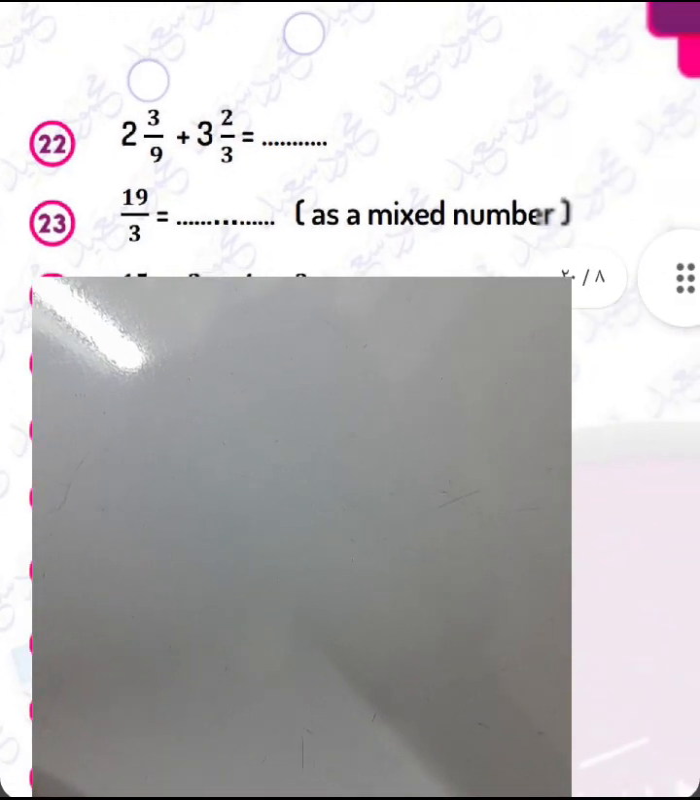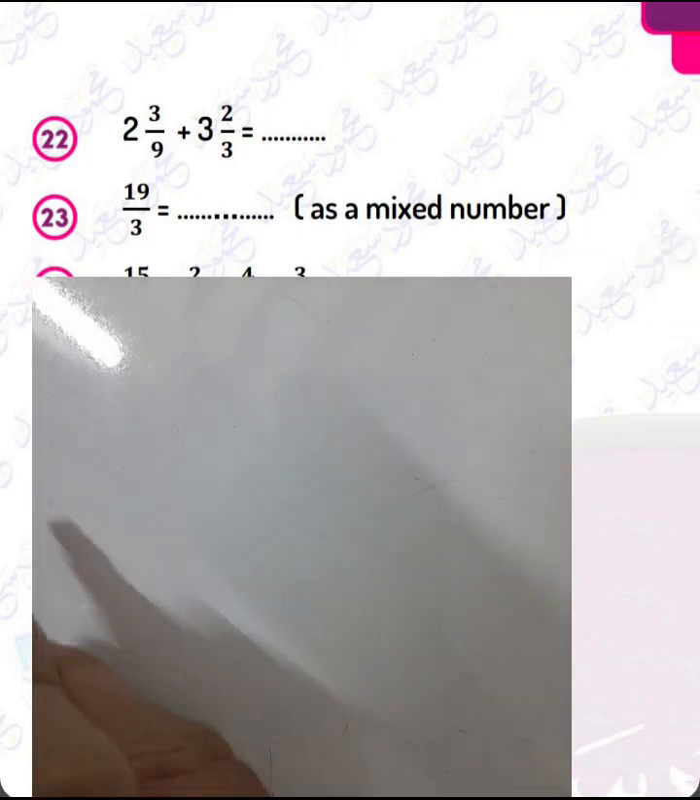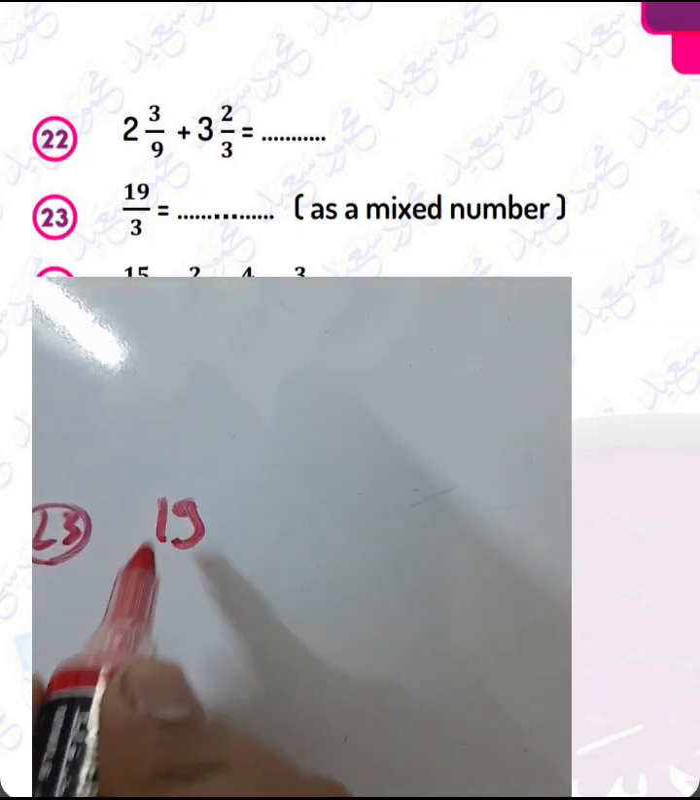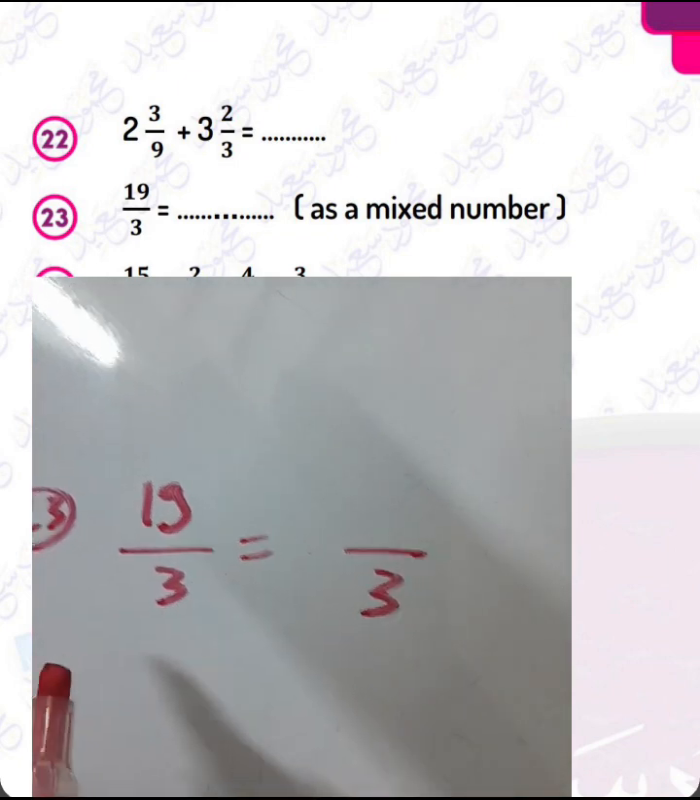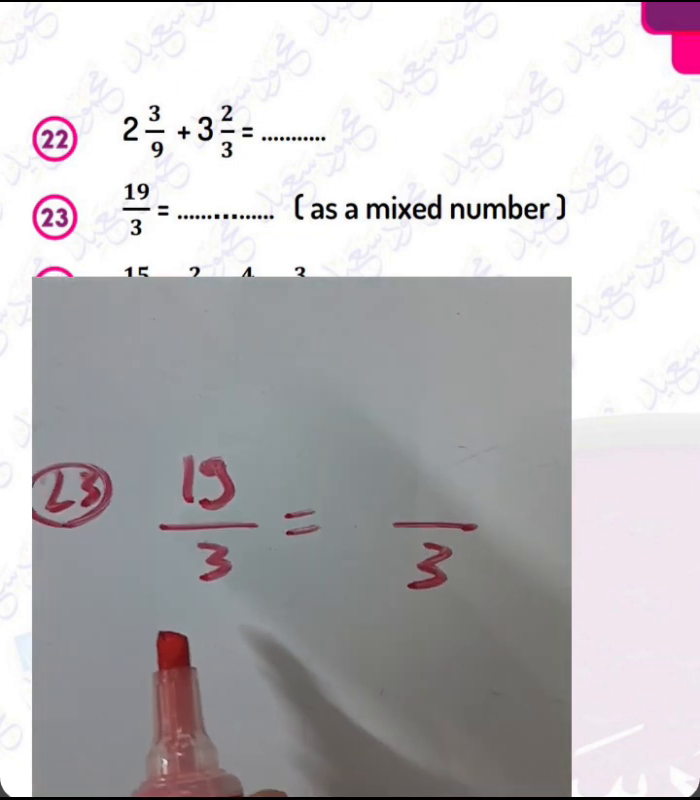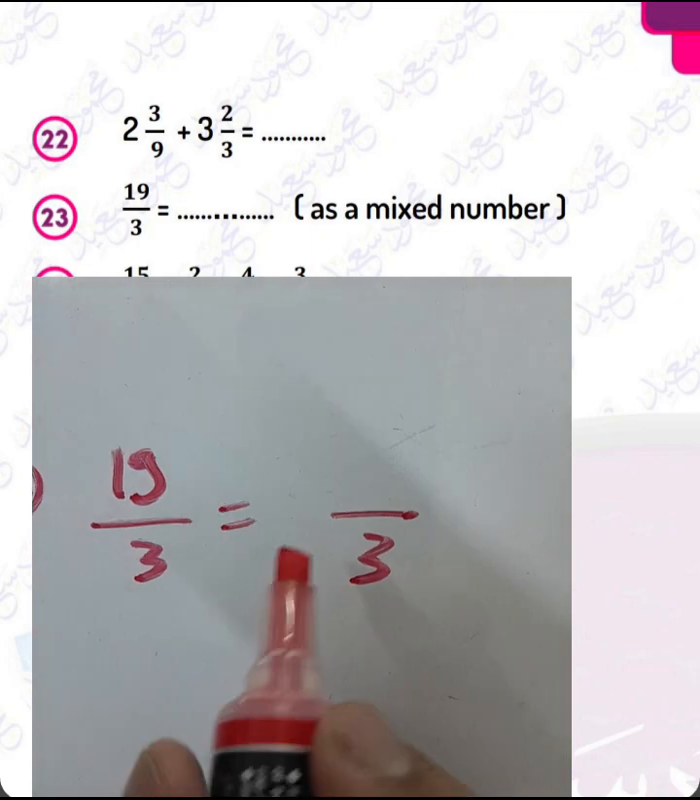Next question, question 23, 19 over 3 as a mixed number. Write 3, 3 times what equals the number nearest to 19? 3 times 6 equals